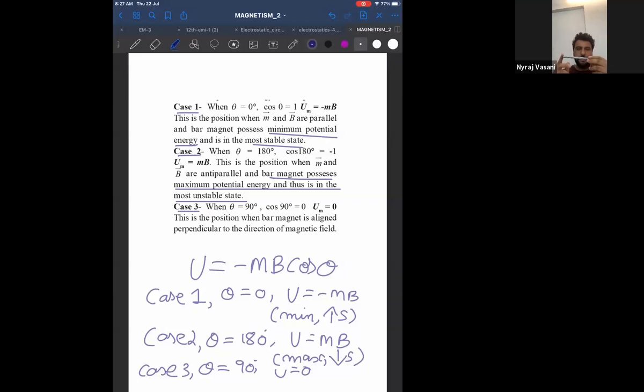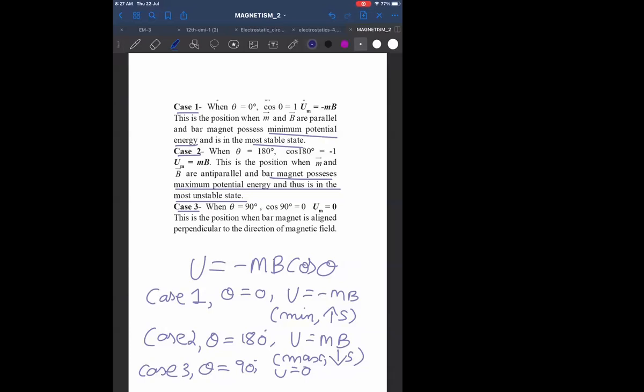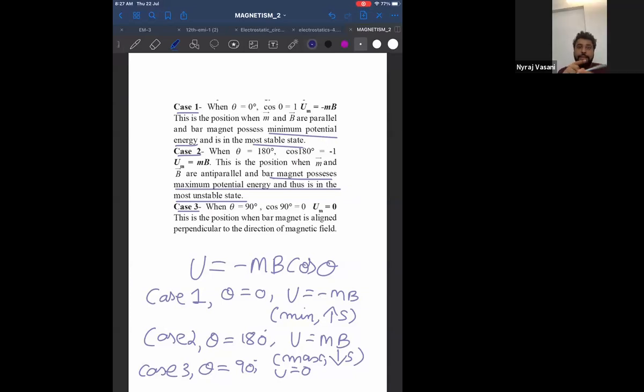See here, if this is the pen, minus MB, 0, plus MB. Look at the pen so that you understand. Don't start writing. I'll give you time. Here it is minus MB. Can I say angle is 0? Correct? So it is parallel because it is along the axis. This is minus MB. Exactly opposite will be plus MB, 180 degrees. If this was parallel, exactly on the opposite side I'll have anti-parallel at 180 degrees. And in between, I have 0, which is perpendicular.